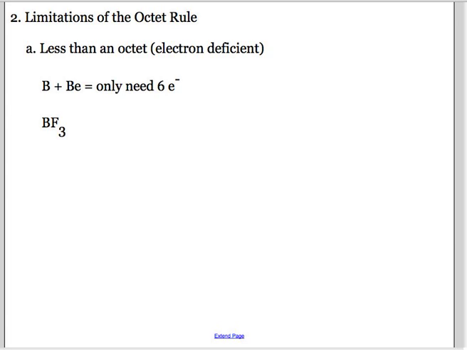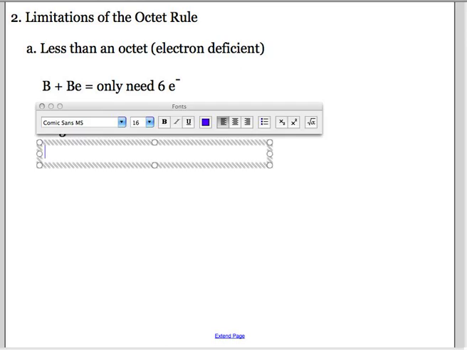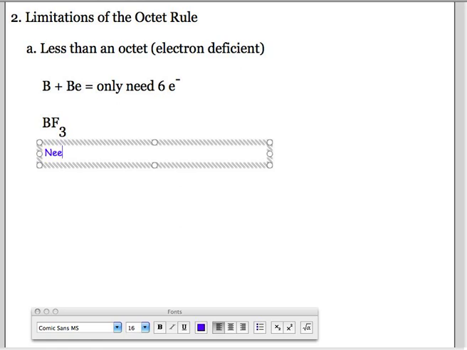So just two that you really need to be aware of. Boron and beryllium really tend to be electron deficient. Sometimes beryllium will only take 4 electrons instead of the normal 8. So if we look here, we have boron trifluoride. We have our need. Let me just move this so we can actually see. Equals 4 times 8, so we need 32 electrons